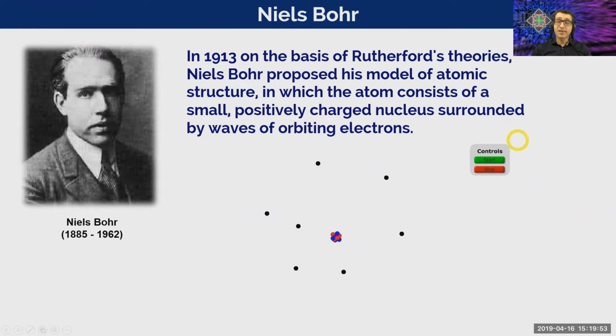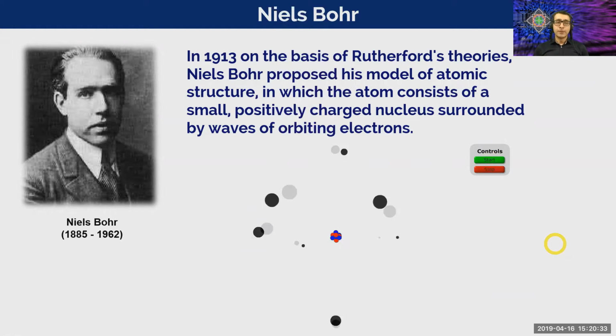So in 1913, on the basis of Rutherford's theories, another very important scientist called Niels Bohr proposed another model of atomic structure. Now, Rutherford said that the electrons were simply whizzing around the nucleus in the space around the nucleus, but he didn't really do very much to explain anything more than that about the electrons. Niels Bohr said, yes, the electrons are moving around the nucleus, but the electrons are not just whizzing around in a random manner. In fact, the electrons behave like standing waves of energy which exist at separate, specific, discrete distances